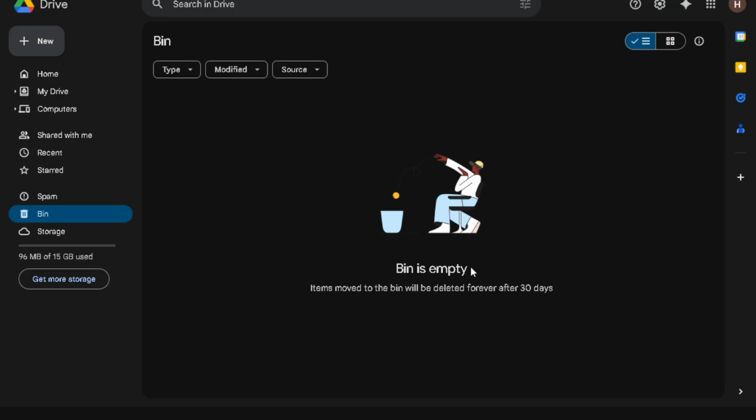It's a straightforward process, but it's also crucial to ensure that you really want to lose that data before hitting